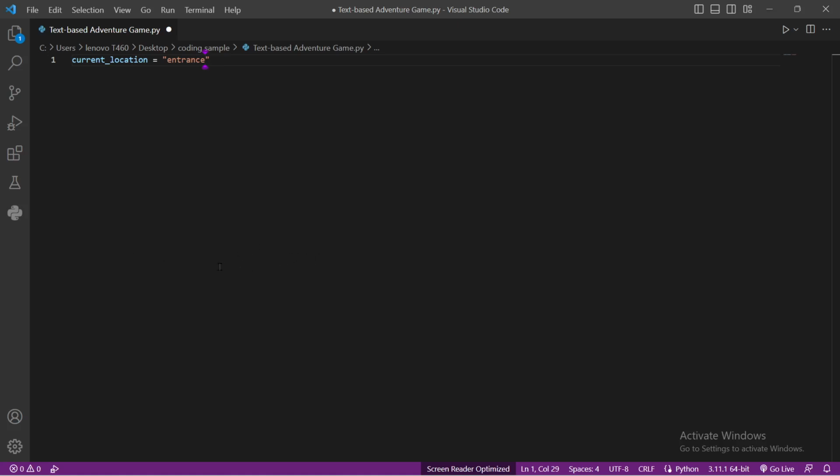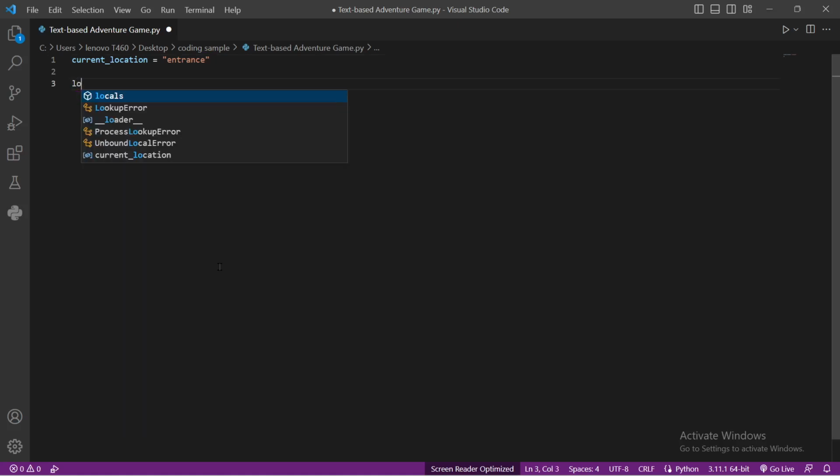To define a dictionary, we're going to start defining our target, which will be locations. So locations will be like this. Okay, now I'm going to start by just dealing with the entrance. The entrance will be